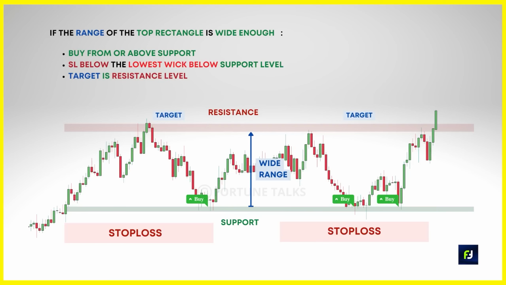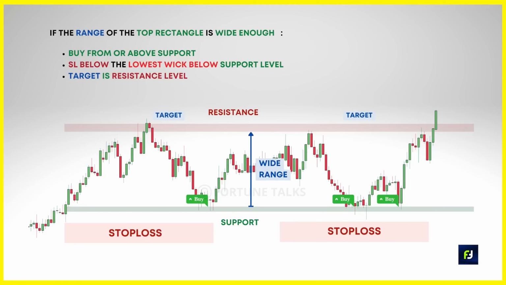There is yet another way in which traders can successfully trade rectangles, and that is by buying at the support and selling at the resistance levels if the width of the rectangle pattern is very high. Now this can be used as an intraday or swing trading strategy if it provides a sufficient reward to risk ratio. So for a top rectangle pattern, you can take a long entry from the bottom support level and place